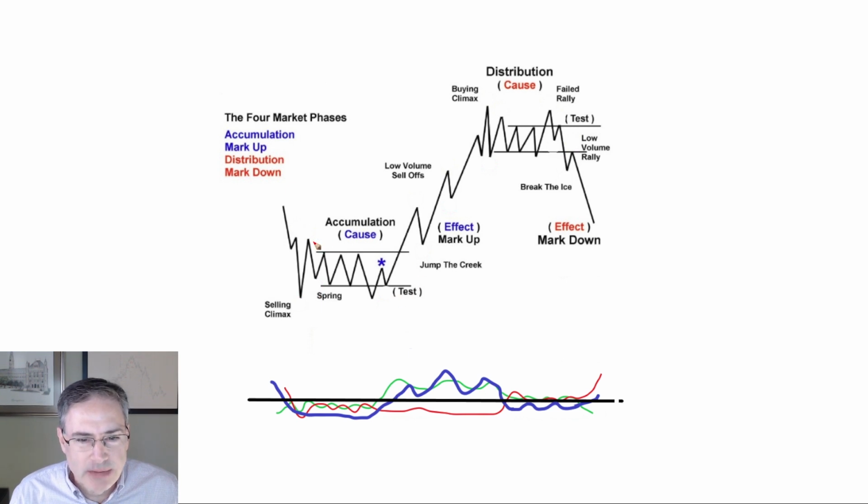But I do like to think about it in the way that he describes. And that's going through this accumulation, and then you get a kind of a final shakeout, and then you make the higher bottom. What I want to point out during this phase is notice how I'm showing the ADX and the green and red DIs are all below this. This is a 25 line right here. They're all below 25 during a really solid accumulation phase where you're creating a big cause, a lot of potential,